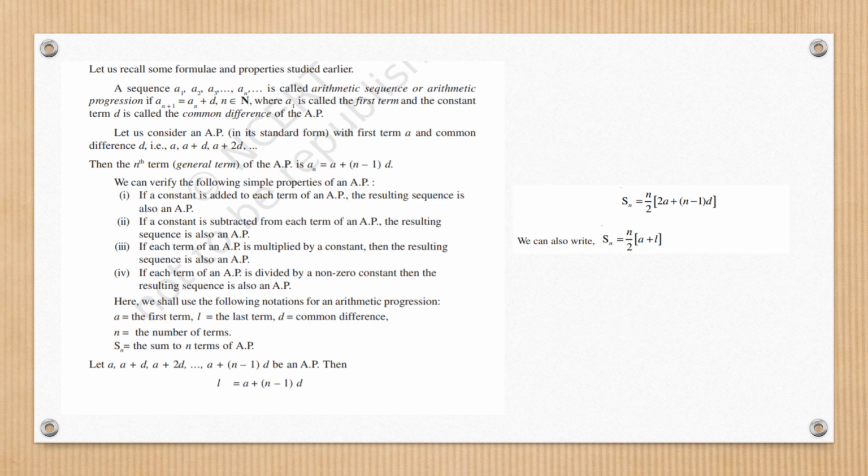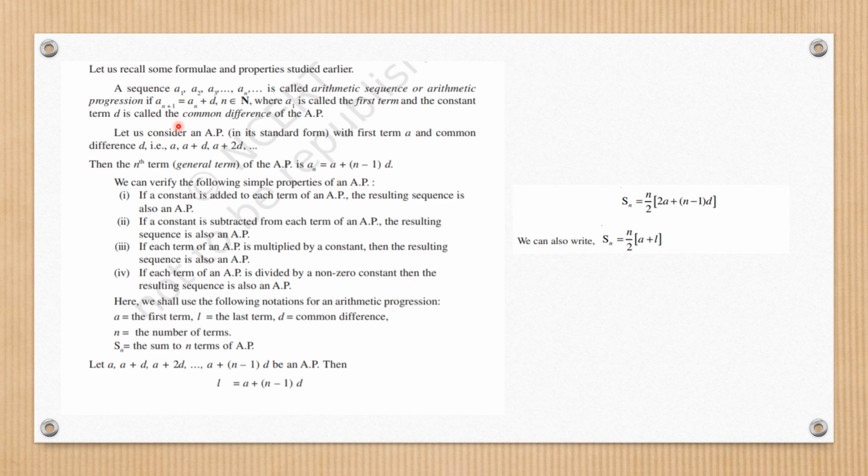Let us recall some formulae and properties studied here in this complete exercise 9.2 regarding arithmetic progression. A sequence a1, a2, a3, and so on up to an, and so on if it is infinite, and it will finish up to here if it is finite, is called arithmetic sequence or progression if your an plus 1, means every next term, is obtained by adding d, common difference, to the previous term. Now you know if an is your term, then the next will be an plus 1. That means an plus 1 will be obtained by adding d to an, where n is a natural number, and a1 is called the first term,